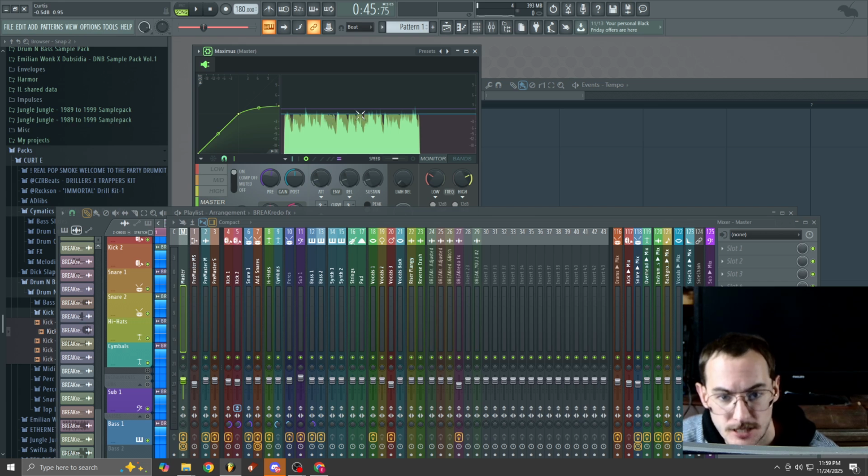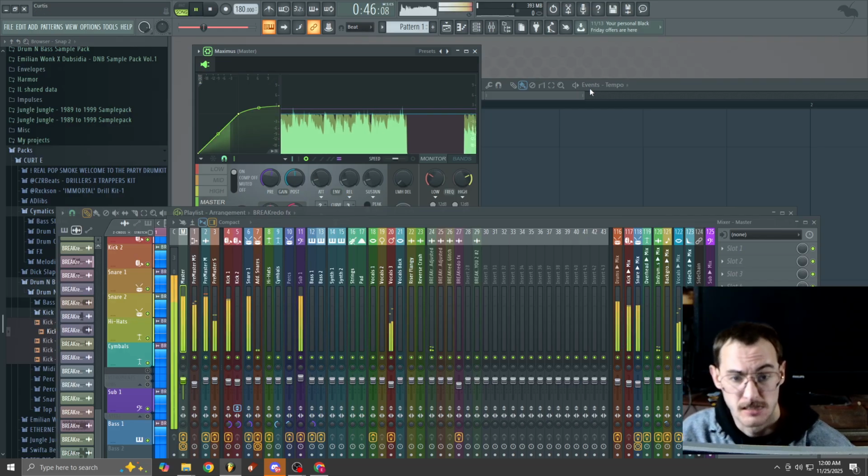Okay, this is my Maximus. As you can see, the green signal is kind of where we're at, and then this darker green is where it's getting boosted up, okay? And we're boosting everything mostly to